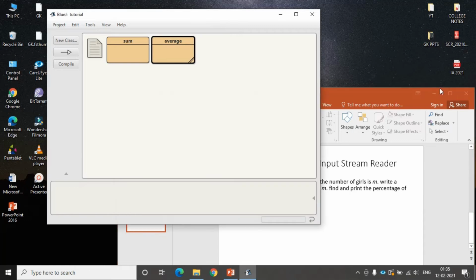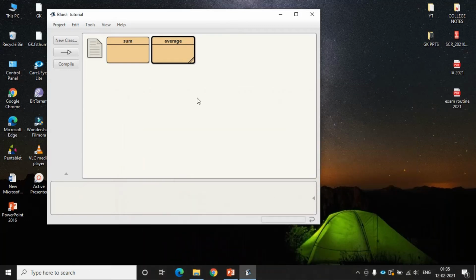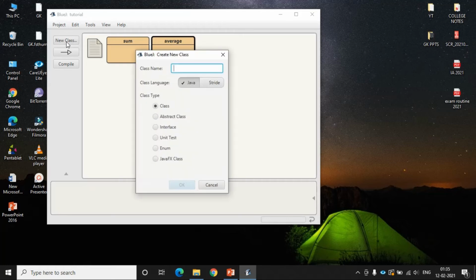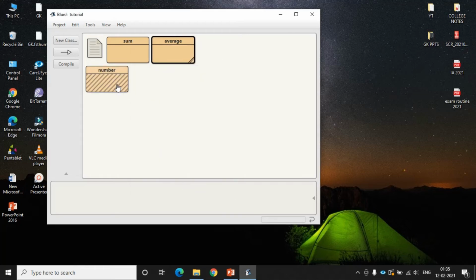So as you can see, here we have to create a new class. We have to give the class name, suppose number. Click on OK. Here the class is created. Double click it.